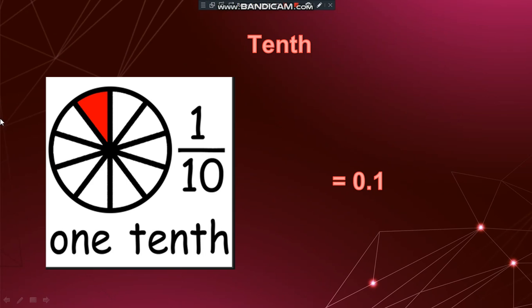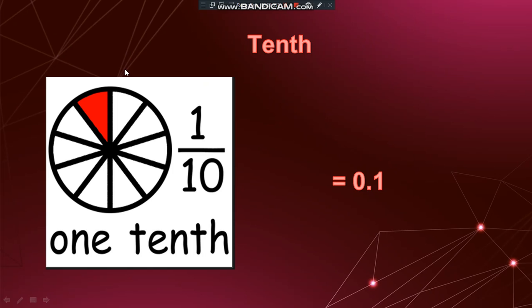As you can see, this term tenth, so we all know what tens is. A tens contains 10 ones, right? In one tens we have 10 ones. Now what do you mean by tenth? In the place value chart, you know that you always start from ones, then tens, then hundreds, then thousands. Now this tenth comes before ones. You start with ones, but before ones you have tenth. So tenth is nothing but 1 part divided by 10 parts.